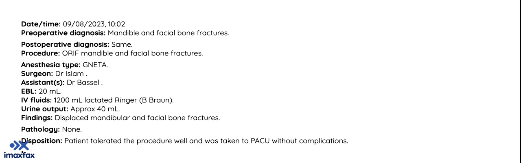And the type of general anesthesia, and you write the surgeon name and the assistant, and the estimate of the blood loss, the IV fluids the patient took, and the urine output the patient has, the finding and the pathology if you have, and if the patient has a problem during the surgery, and the complication if